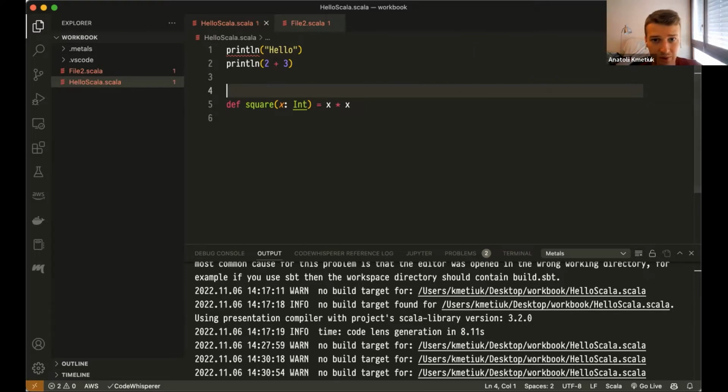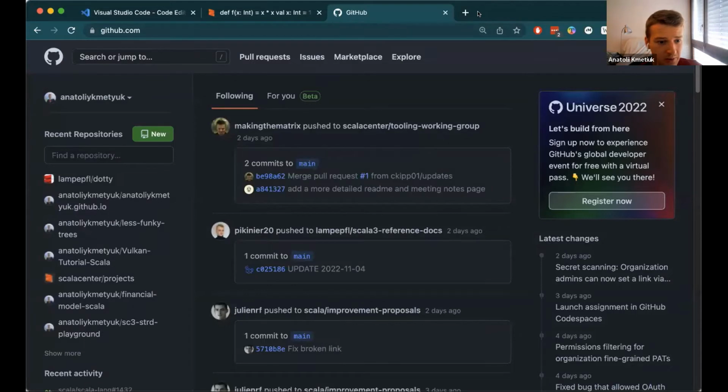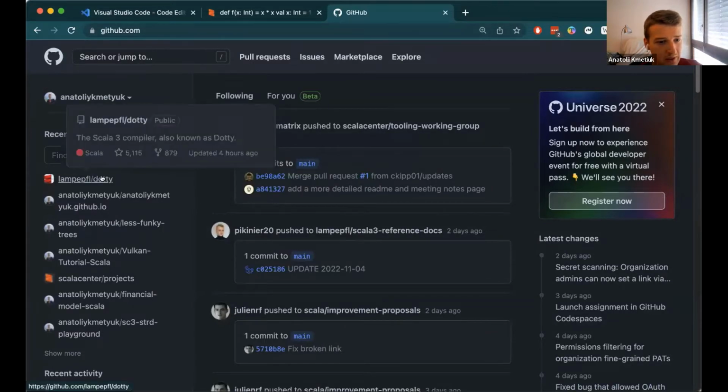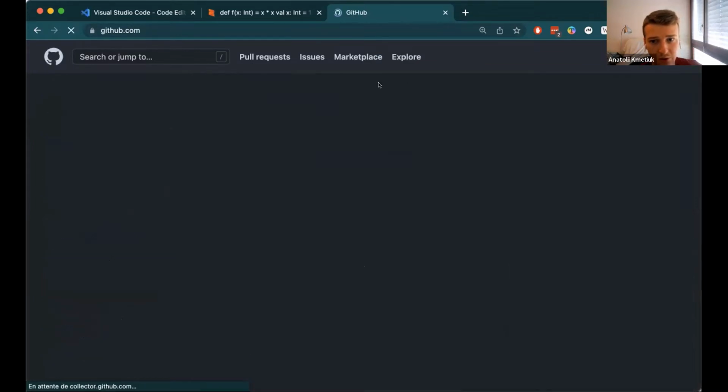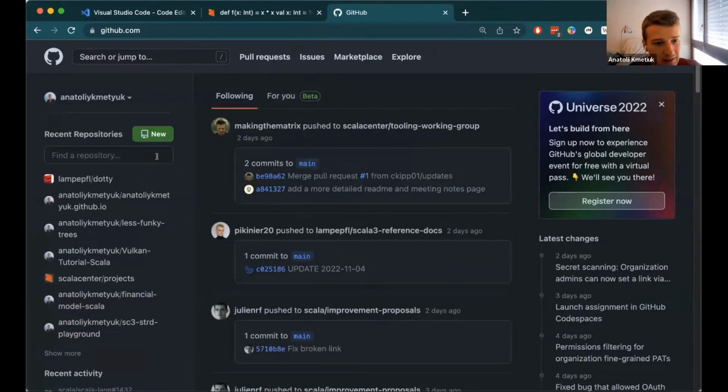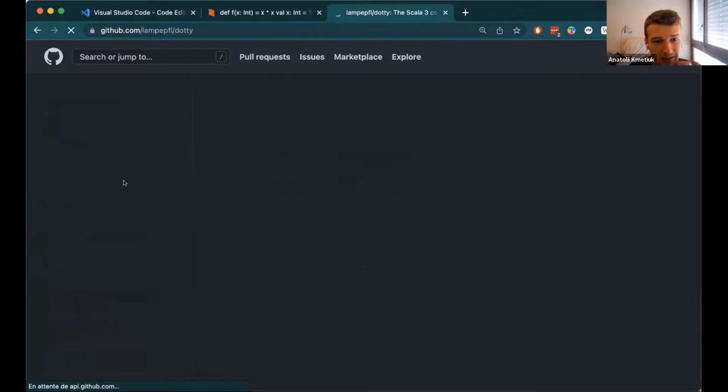So if you go, for example, to GitHub. GitHub is a place where people write software, so where they write and store the source code of their programs. So if we go, for example, to the GitHub main page, and I'll just open some random program,